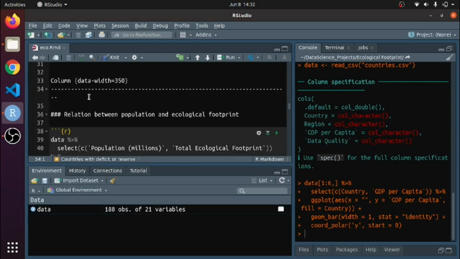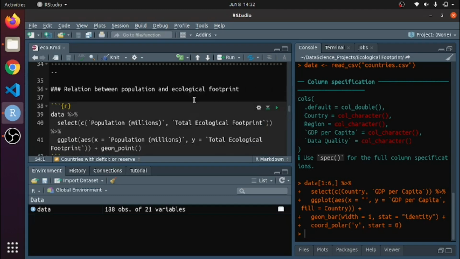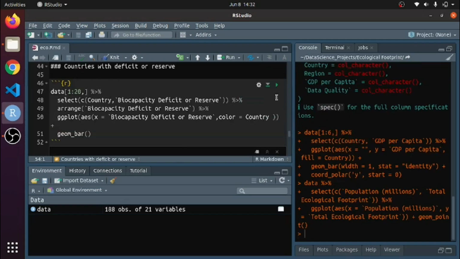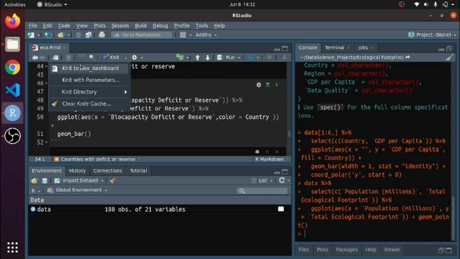Similarly, the other column I made 350 pixel. What I am doing now is looking at the relationship between population and ecological footprint. I will just show you how it looks.